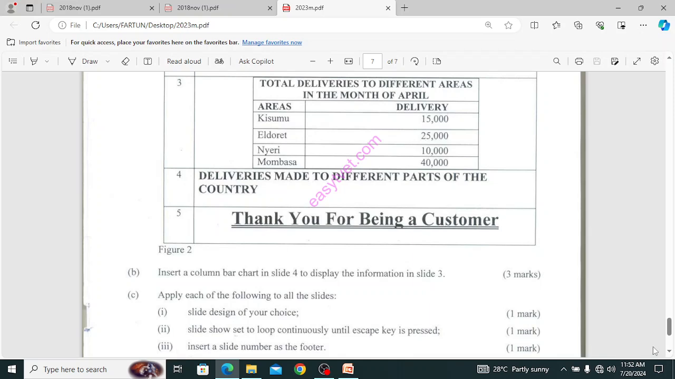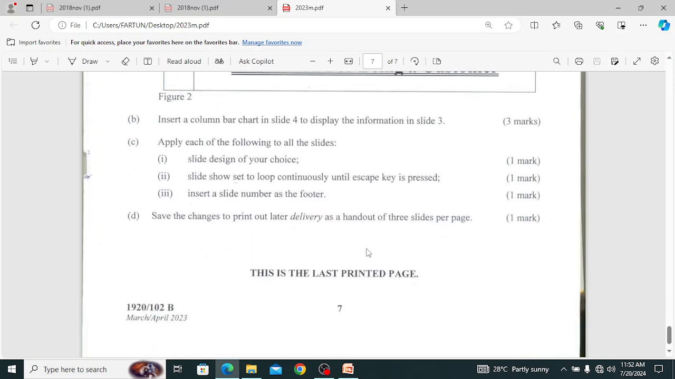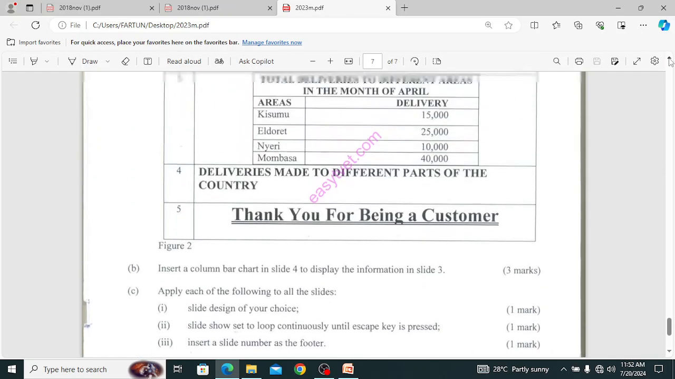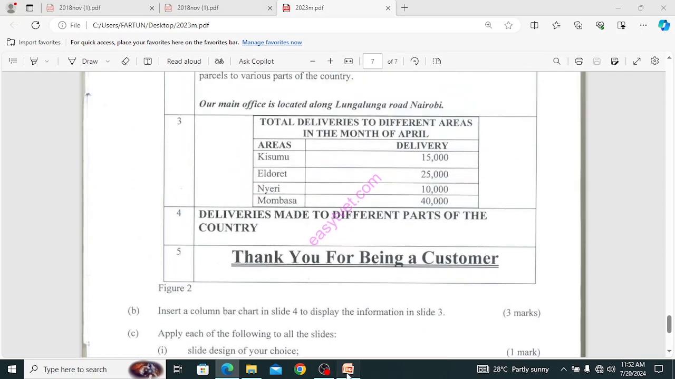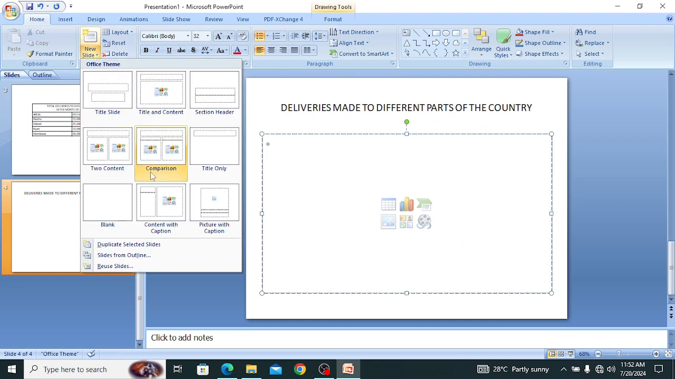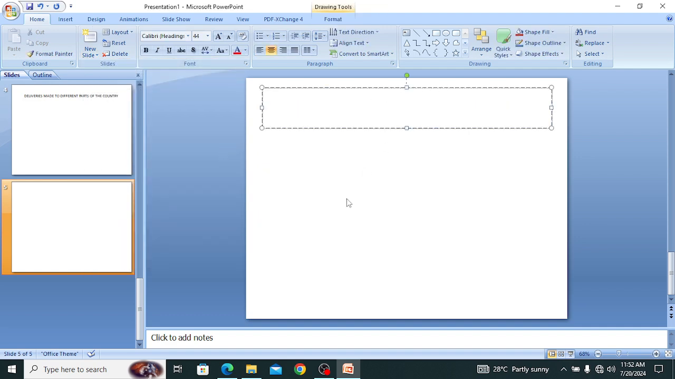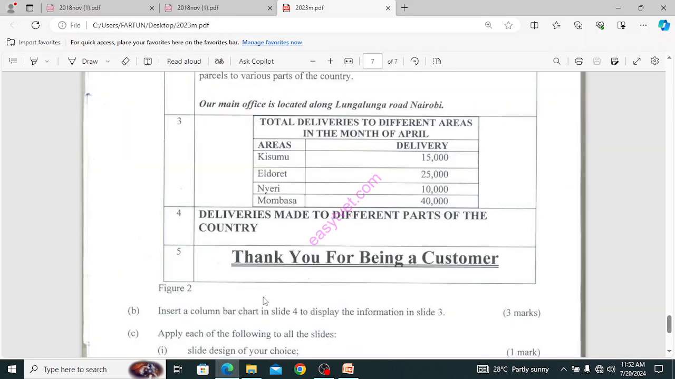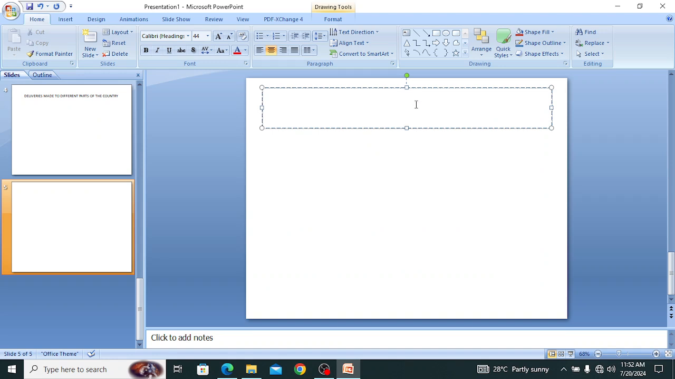Slide number 5 is title only. So unaona, the slide layout is called title only in slide number 5. Tunachagua or we insert title only, the slide layout called title only. So unaona title only hapa, una click hiyo because this is a title. Tunaandika tu title peke yake, whereby tunaandika thank you for being a customer. That is the last title. I mean the last slide that is slide number 5 tunaandika thank you